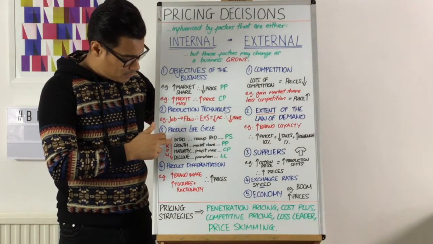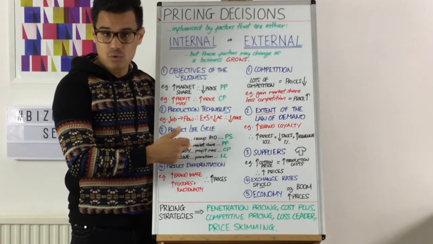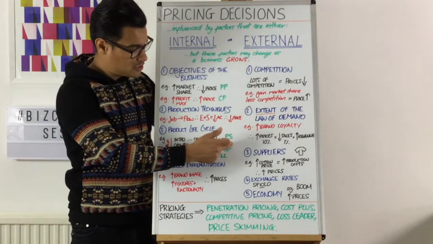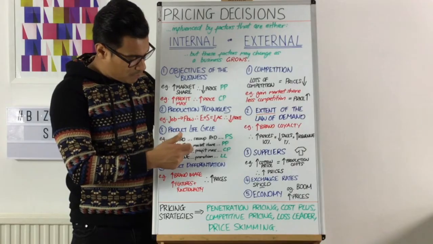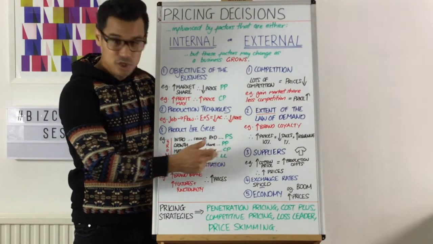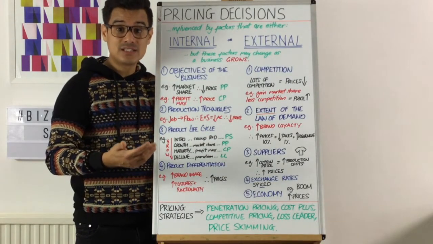Maybe as you grow, you move to the growth stage. And in the growth stage, it might be that you want to do some form of increasing market share, and therefore you're using penetration pricing. After that, you move into the maturity phase, and it might be, like I said before, that you want to have profit maximization, and you might change to competitive pricing. And then after the maturity phase, you move to the decline phase.